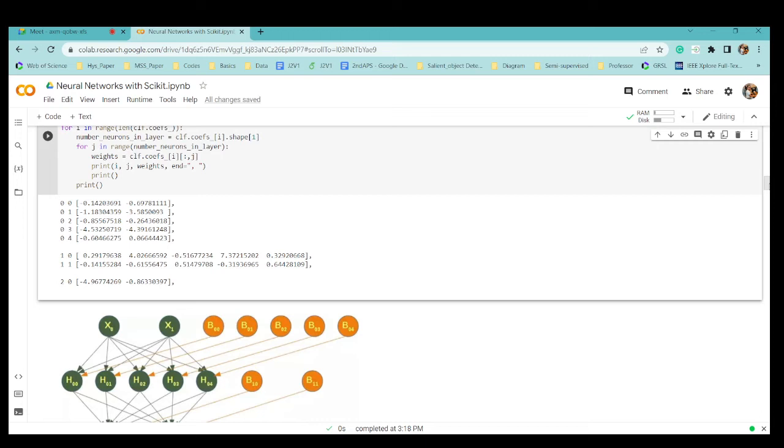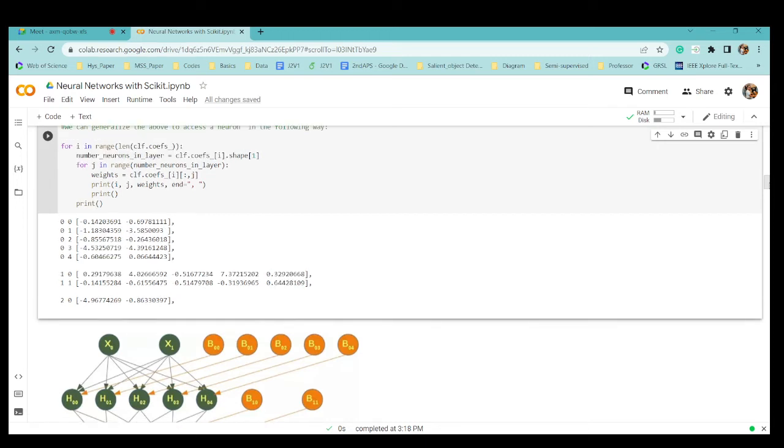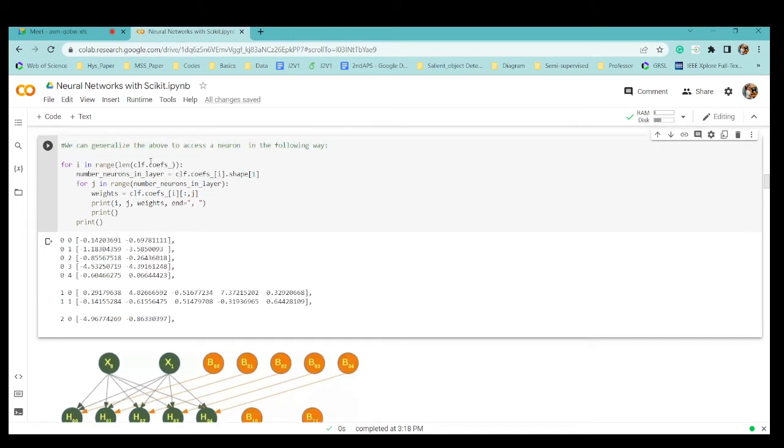If we want to know the values of all these neurons, what are these? These are coefficients only, so we are calling clf.coefs_ for all the coefficients. We keep it as i, telling the number of neurons in the layers. Just take it as i, and with each iteration reduce it and calculate the value.